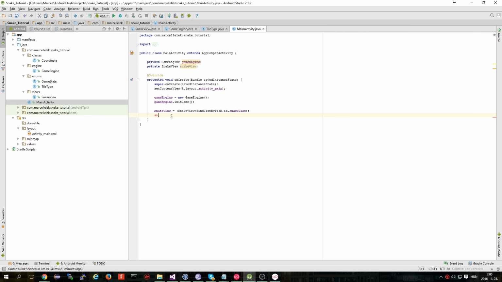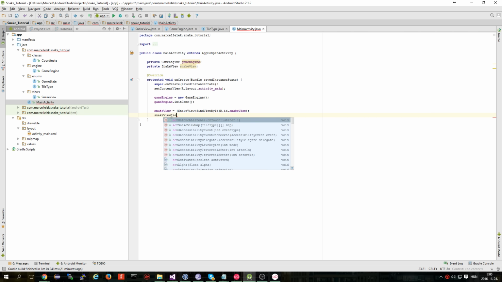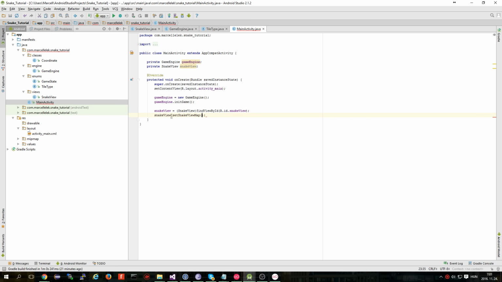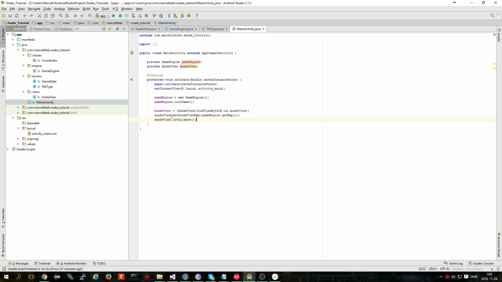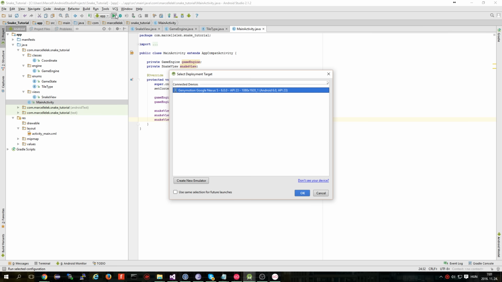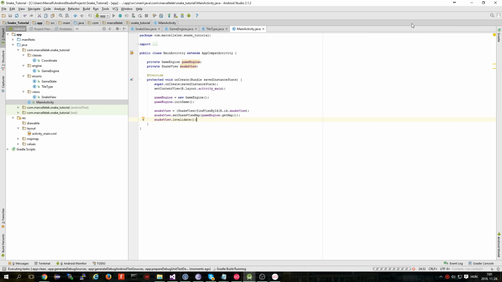So snakeView.setSnakeMap, and get it from the game engine, so getMap. And we also call snakeView.invalidate, so refresh the view. Okay,